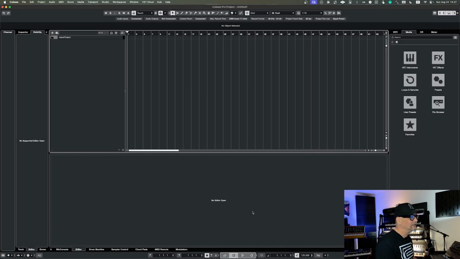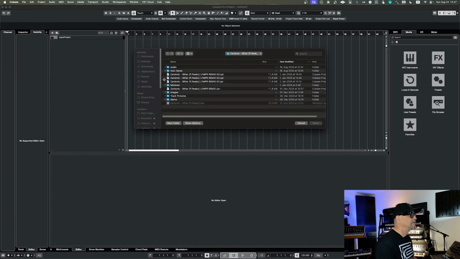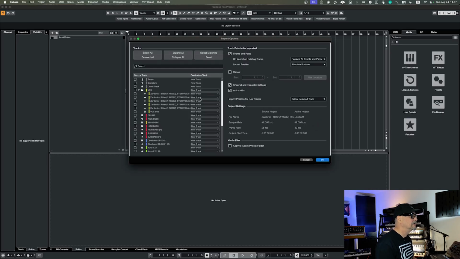All right, so then let's check out Cubase. In Cubase, of course, it supports the same feature a bit differently, but here I can say import tracks from a project. And then of course I can go and select the project from where I would like to bring in things. I say open. Here again, similar type of